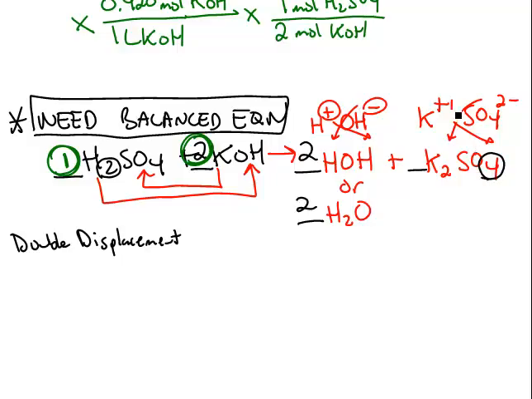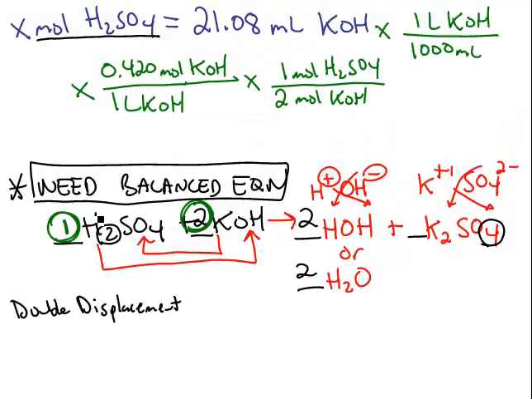You also had to know the crisscross technique. You had to know the charges from the periodic table. Potassium is always a +1. Sulfate, polyatomic ion that you memorized, is a -2. So the proper formula is very important to write down because otherwise when you balance the reaction you don't get the right coefficients. If you don't have the right coefficients,